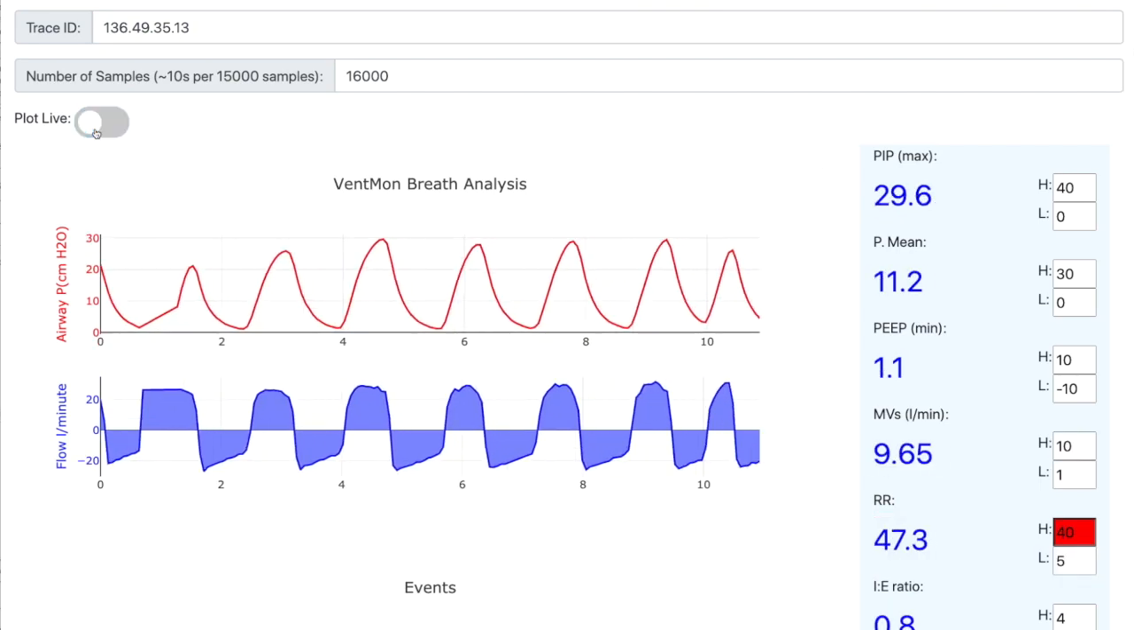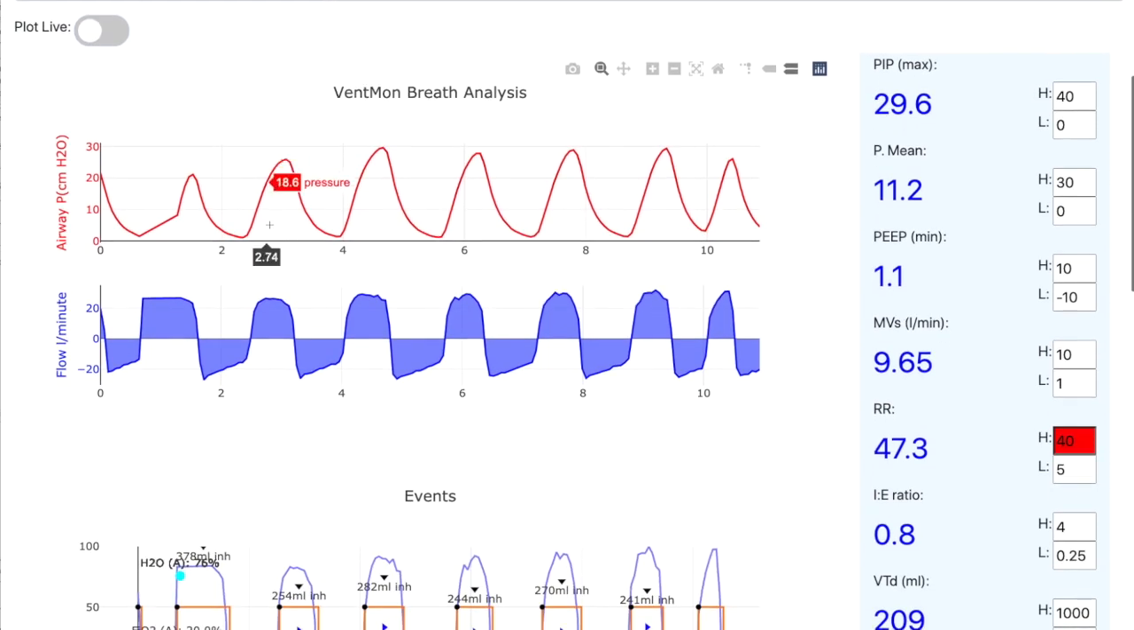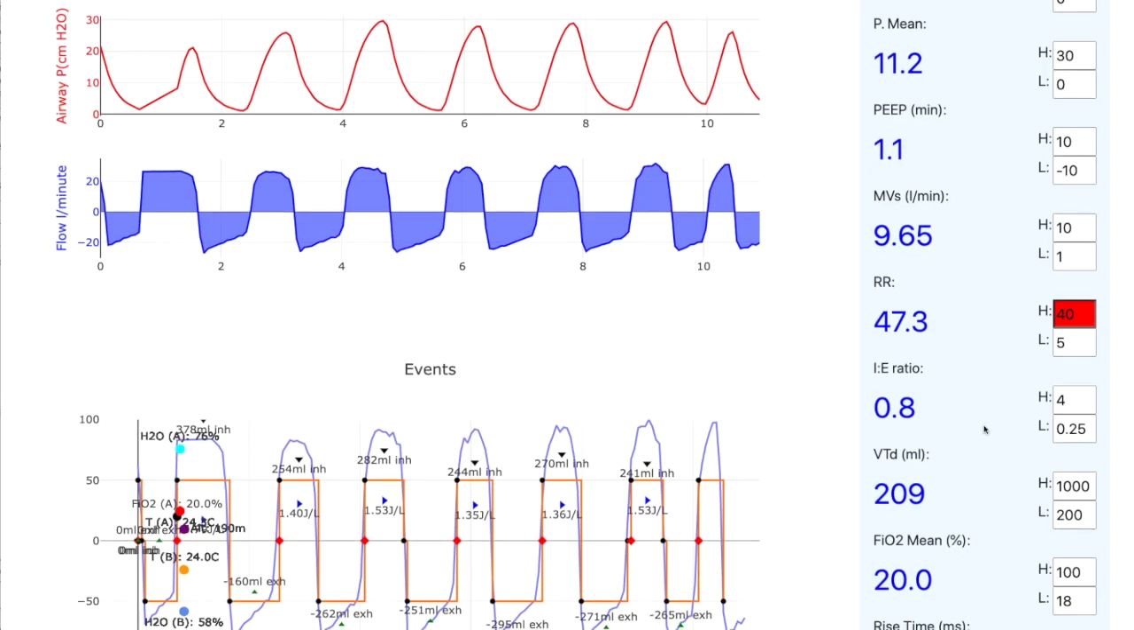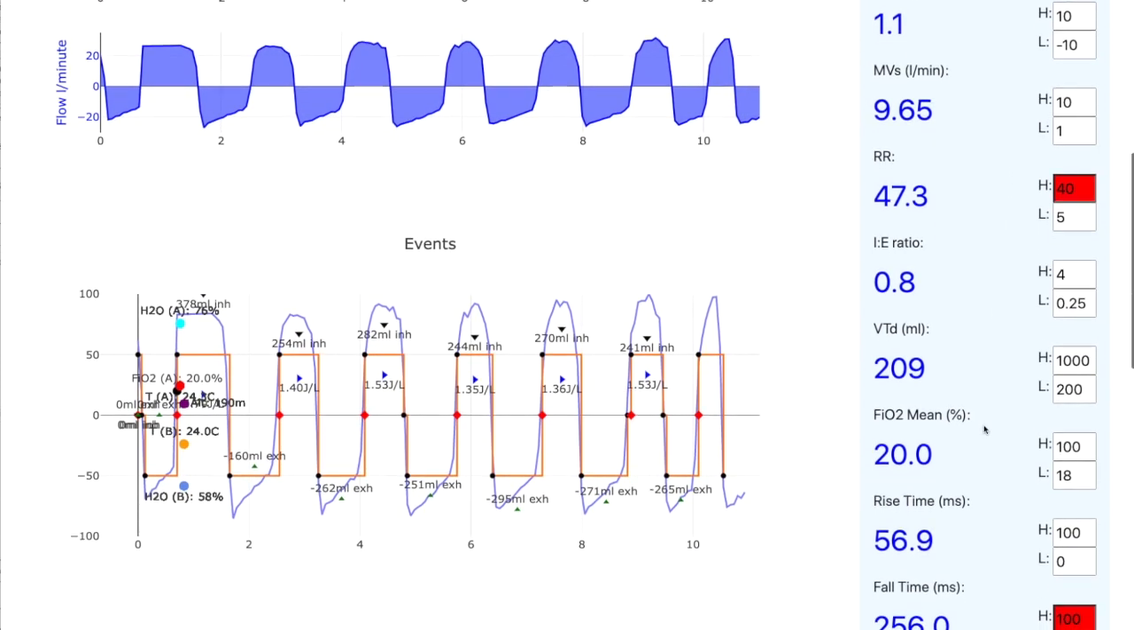And I'll just turn it off so that we can talk about it. This is typical of a ventilator. In fact, the VentMon is made to test a ventilator, although I don't have one. You see a pressure graph and a flow graph. Pressure is measured in centimeters of water, and a variety of clinically important numbers are computed on the right, including